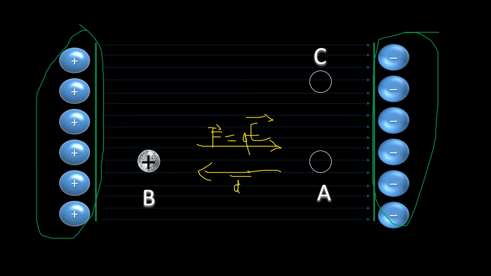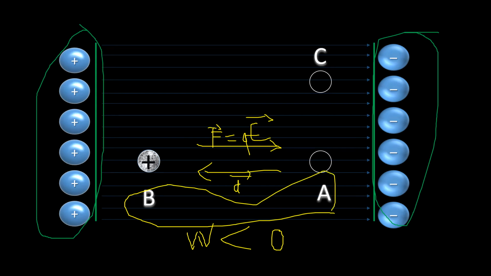180, and hence work done is negative. Force and displacement both are opposite, and hence work done is negative. And what will happen to its potential energy if work done is negative? Obviously potential energy will increase, and it is very obvious also because potential energy is ultimately the comfort level.